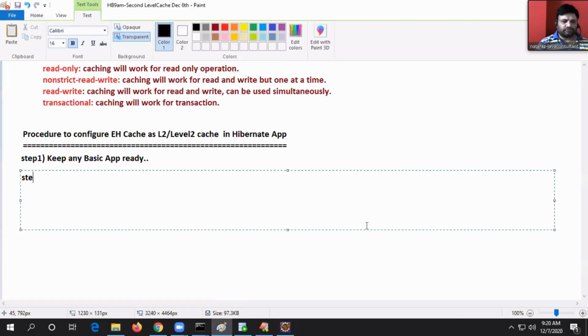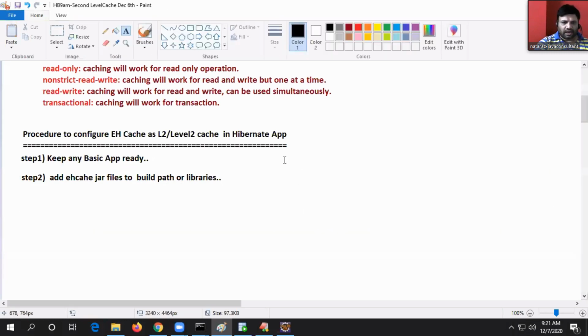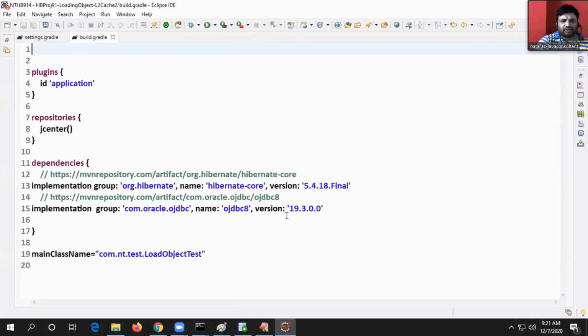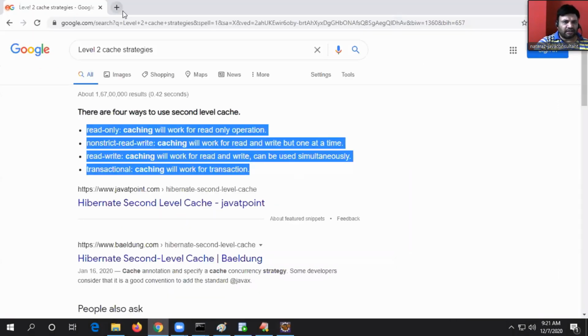Step number 2. Add cache jar files to library or build path. Here is my build.gradle. So basic jars are there. Let me have